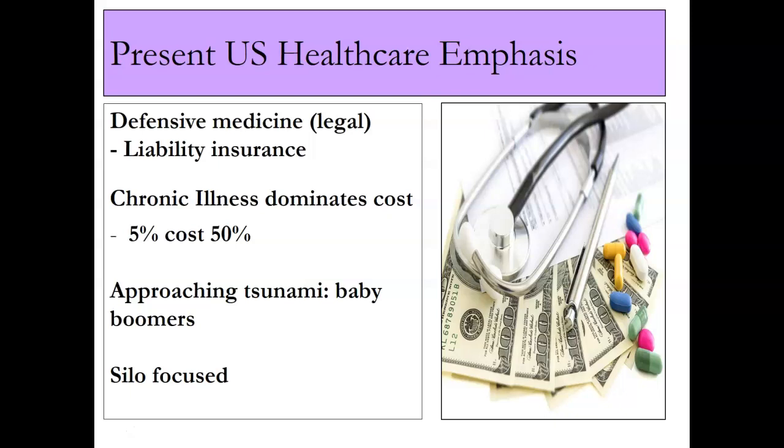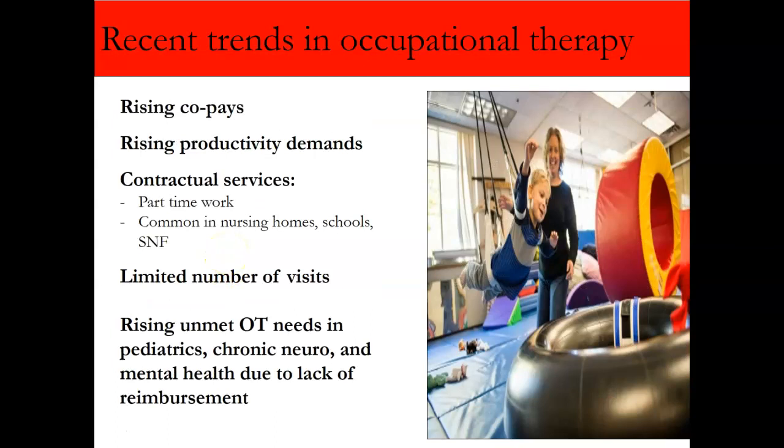Lifetime asthma. You have a stroke, versus in the old days you just passed away, now you survive and you're debilitated for your whole life. Diabetes is a classic one: managing that diabetes and all the complications around illness related to the diabetes. Mental health is another great example. The approaching tsunami is the baby boomers, and we're very siloed. There's no cooperation amongst different aspects of healthcare. So how does this pay off down the line with occupational therapy? Well,